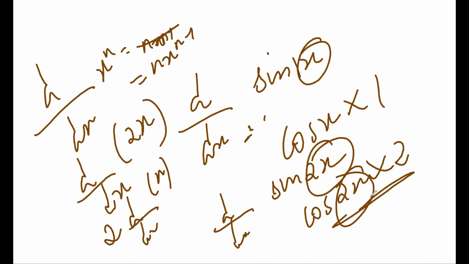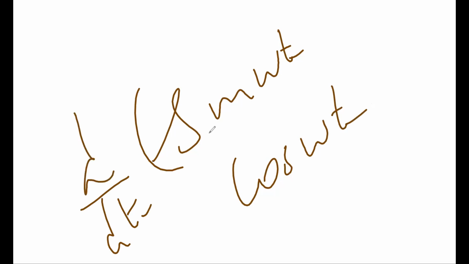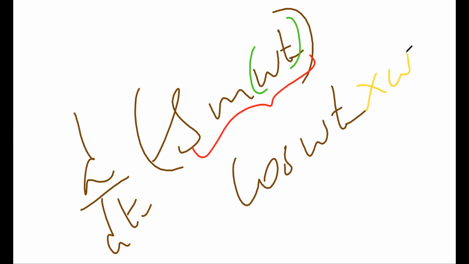Similarly, if it is sin omega t, what is it? Cos omega t, with respect to t, okay? d by dt of this thing. First I do the entire differentiation, then I do the omega t differentiation, which is into omega. If it is integration, it is divided by omega. If it is differentiation, it is multiplied by omega. That's all. So always take a numerical example. Don't take the other examples. The variables thing you can take when you're my age, not now.